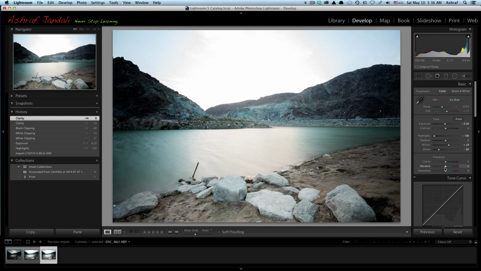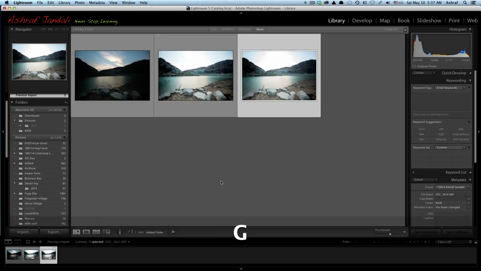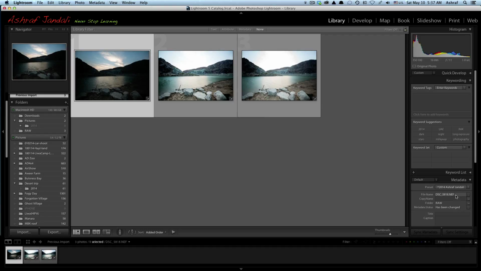Okay. So what I do after that is I go back to the library module. I press the G, and each and every image I want to name exactly what was the reason it has been chosen, because it can get more complex. Now we have only 3 images. You may have a more complex number of images, so you won't know why you chose this image, what it is for. So this image is meant for the sky, so I will say let's say dam underscore sky,